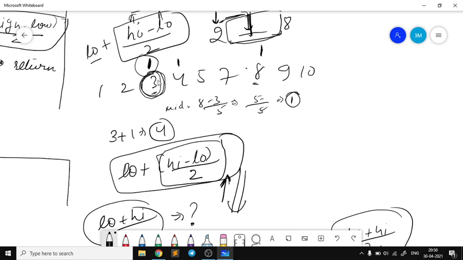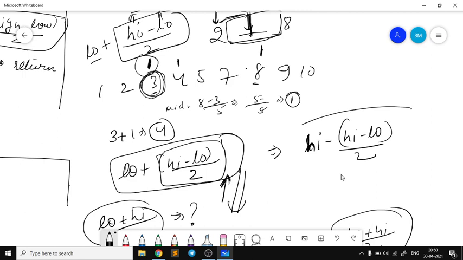Now adding low to this middle value is fetching me the index from the left hand side, right? Now if I want to get the middle from the last, what will I do? Applying the same logic, when we wanted to fetch the index from the left hand side, we added the low value. Now if I want to fetch the index from the last, think logically and feel it. We will subtract the middle value we got from the high value,